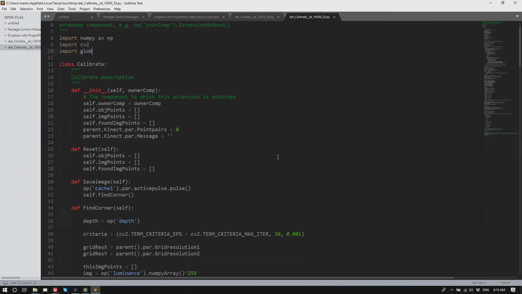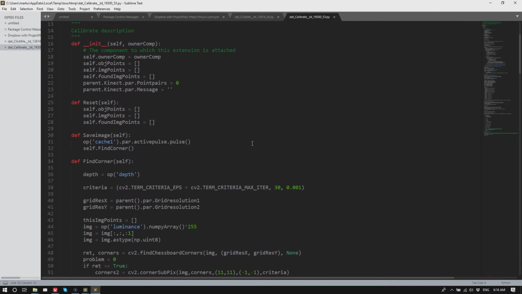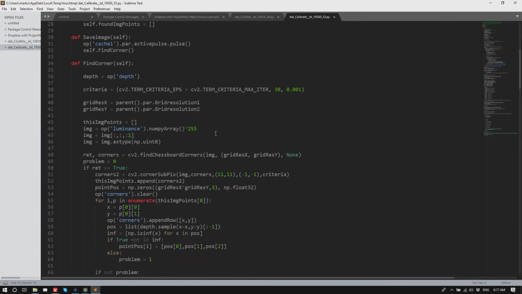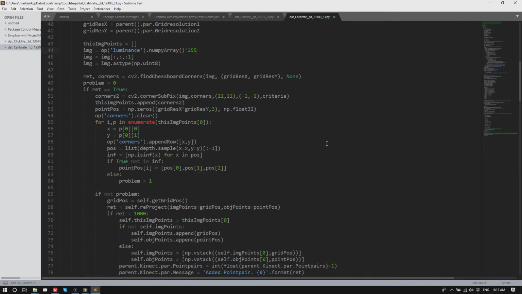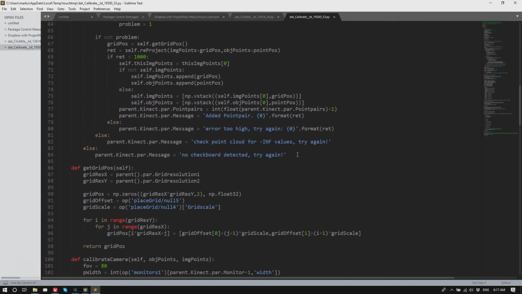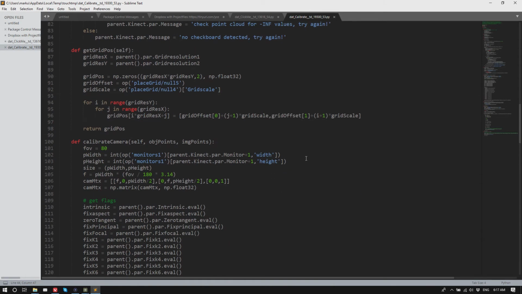So if we look at this extension here, it's a nice example of an extension with all its different functions. Here you can see how it finds corners with CV2, OpenCV, findChessboardCorners. And you can also see that while this is a lot of text, it is fairly simple to use OpenCV, and it's fun to use inside a Python environment, despite it not being very performant there.